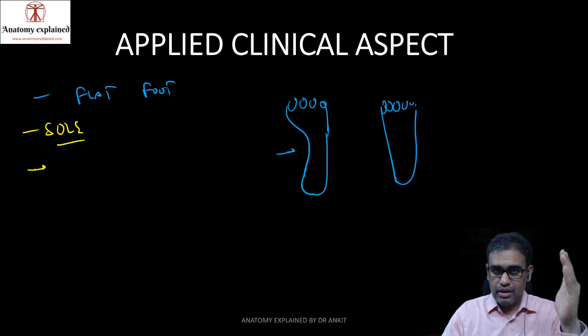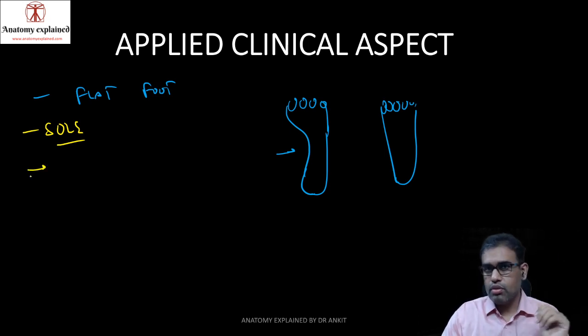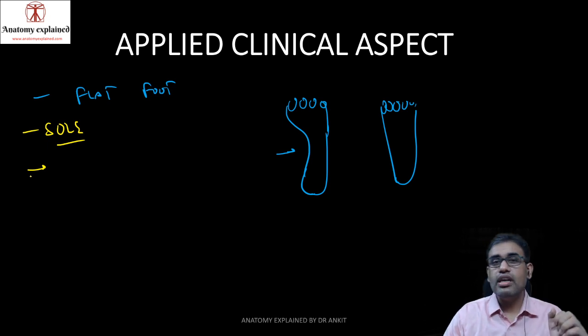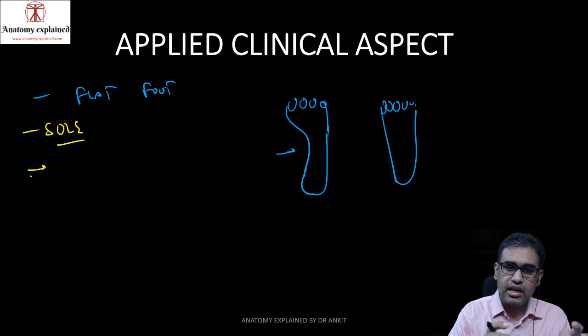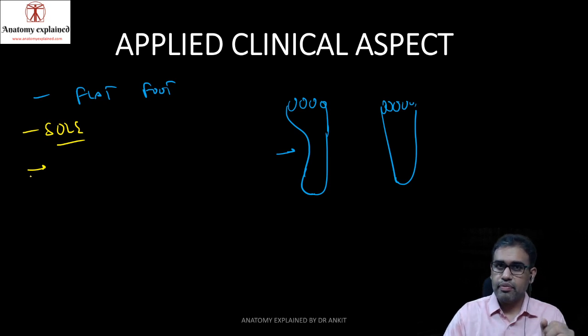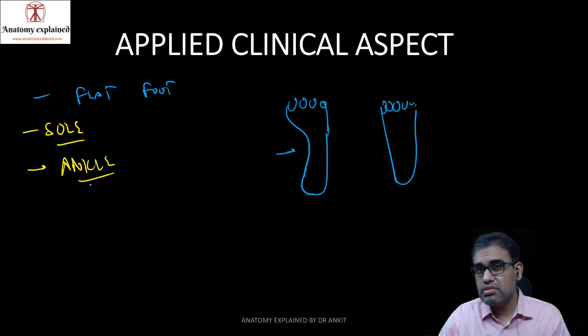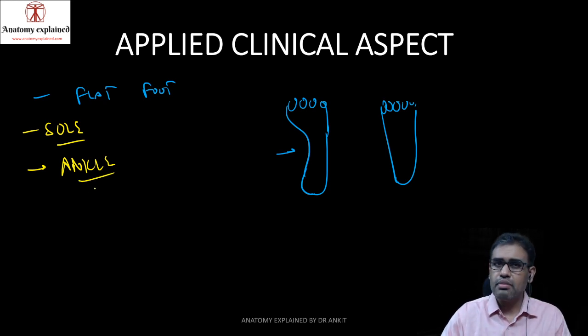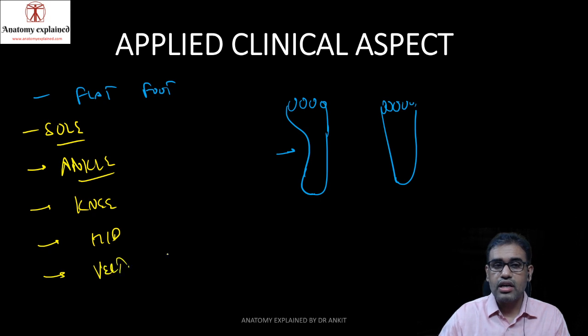But the whole alignment, because it is the base of your whole body, the whole alignment of the lower limb joints, they start to differ. They start to be away from the normal aspect. That is, you have a problem. The patient will start having problems in the ankle joint, not immediately, but yes, after a few years. Slowly he will have problems in the knee joint. Slowly he may have problems in the hip joint. Ultimately he may have problems in his or her vertebral column,